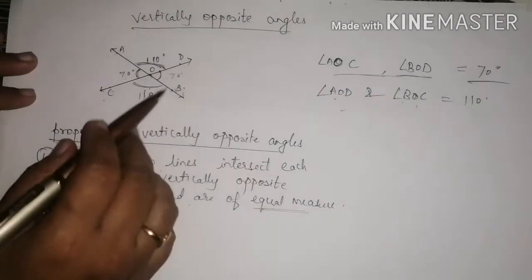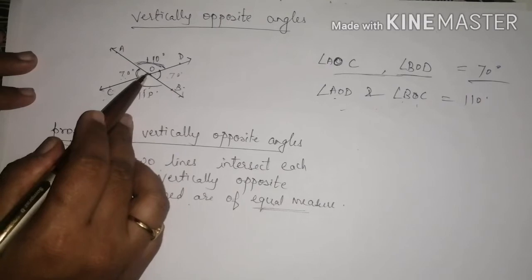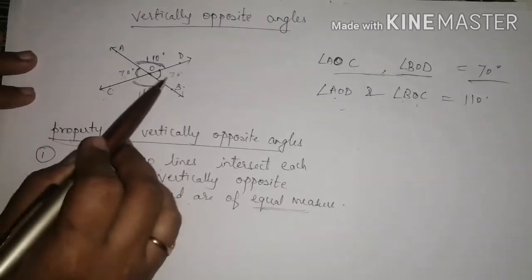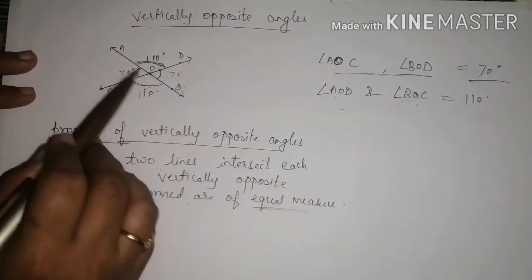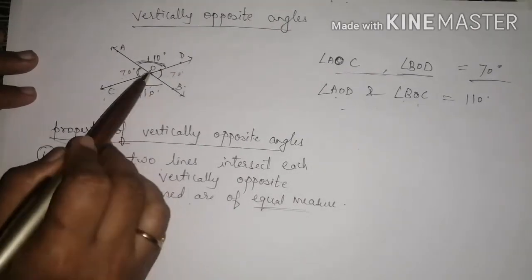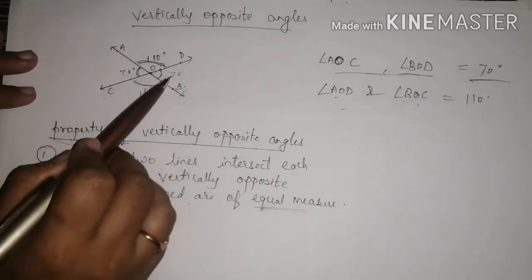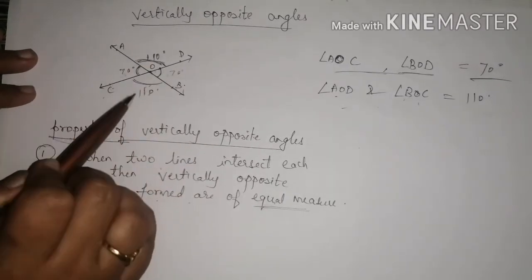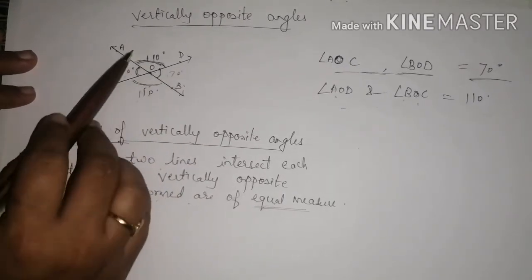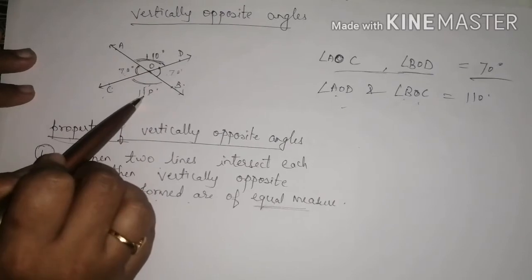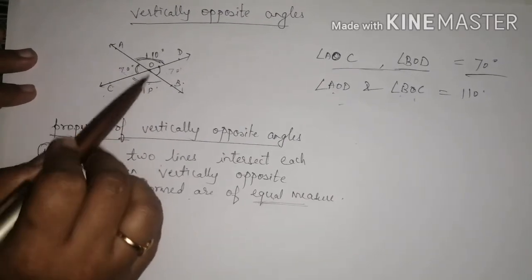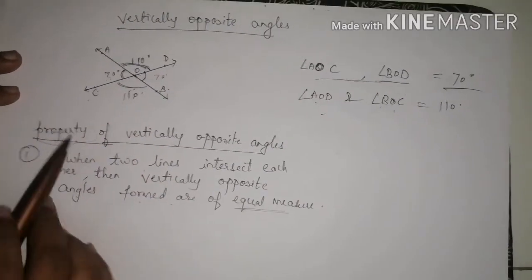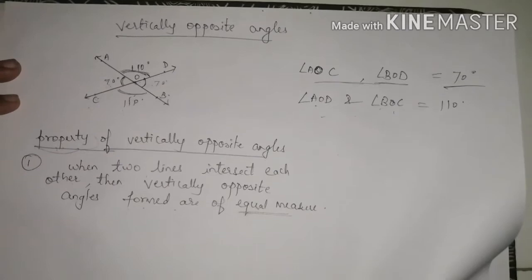Remember that children, when two lines are intersecting each other at point O, we are getting four angles. Out of that, the vertically opposite angles are always of equal measure. Angle AOC, for this angle, the opposite angle is angle BOD. So if this angle is 70 degree, this angle will also be 70 degree. And angle AOD, for this one the opposite is angle BOC. So if this angle is 110, the opposite angle will also be 110. So they are said to be vertically opposite angles to each other. So based on this property, let us begin our exercise,